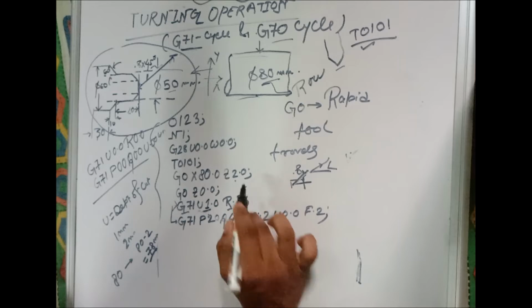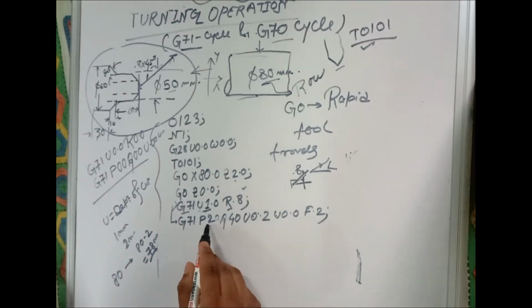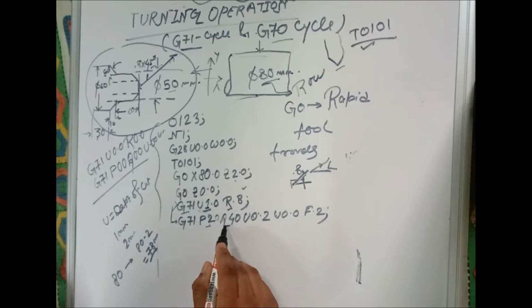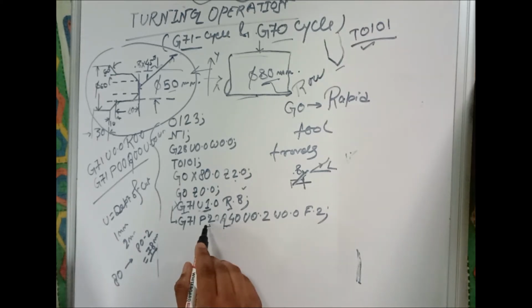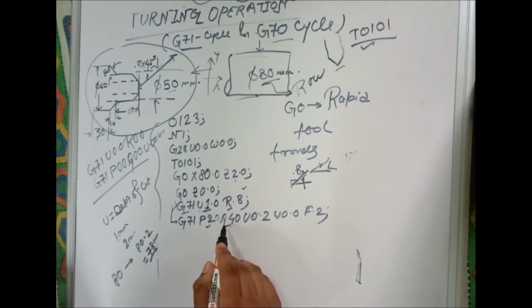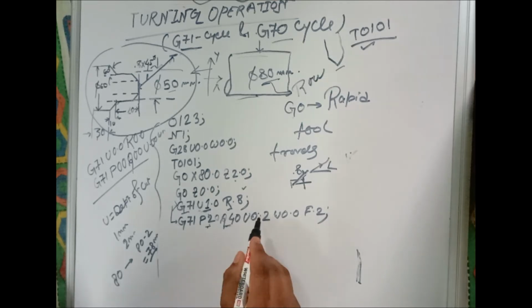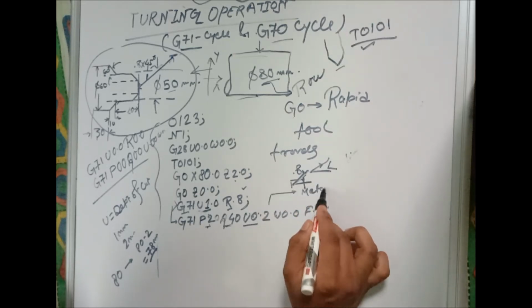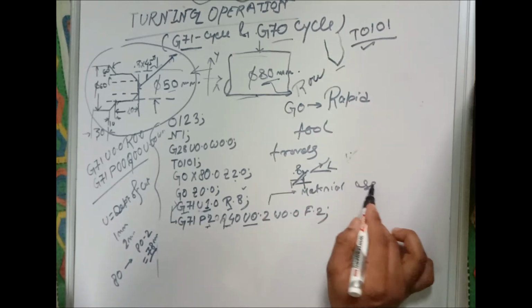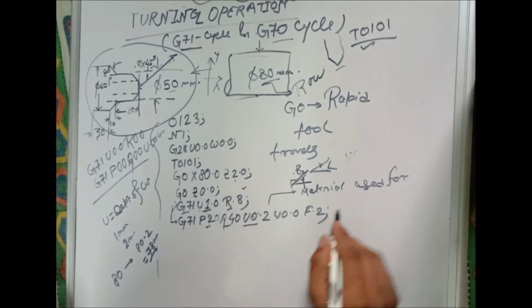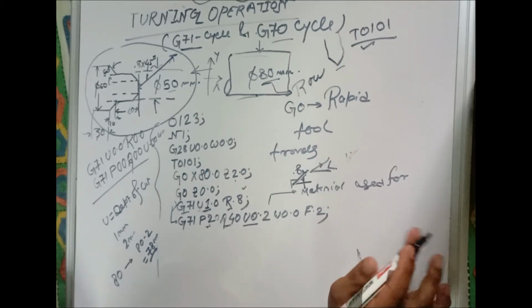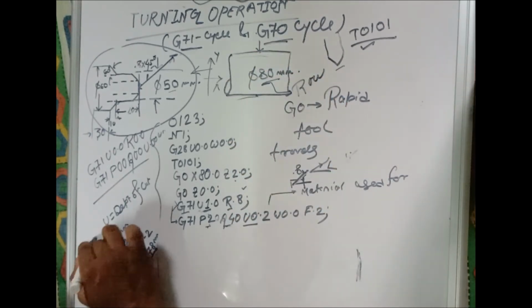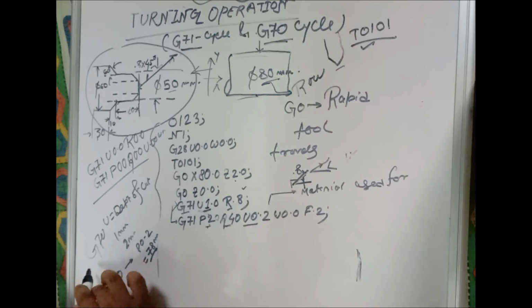I mean to say that it will move taper from this position to this position, and the value will be 0.8. Okay, P20 is the starting of a program, and Q is the finishing of the cycle. It will start from this and finish by this. What is U 0.2? That is the material which will be used for the finish cycle. The finish cycle is represented by the G70 cycle. The 0.2 material will be cut by the finish path.